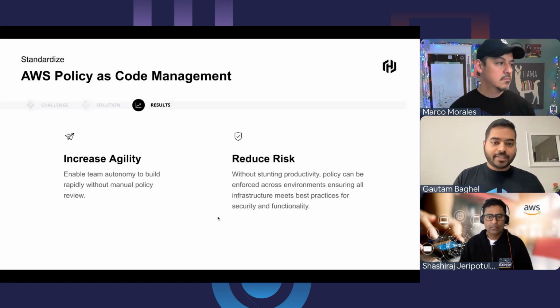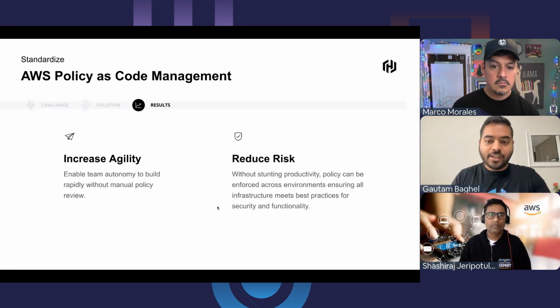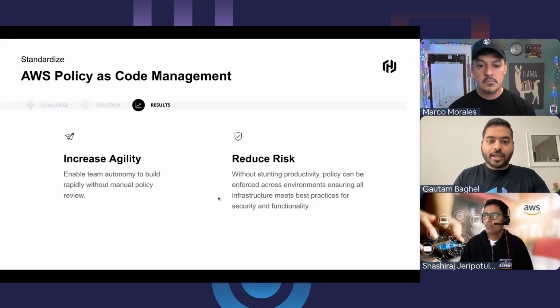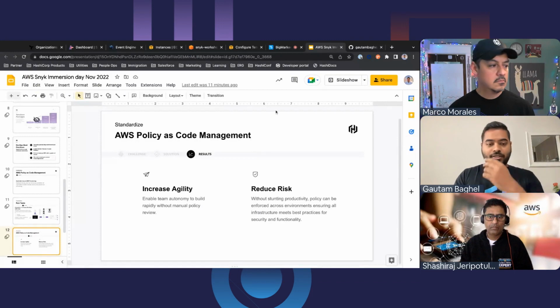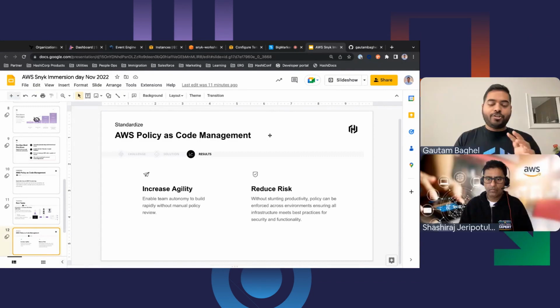The result is that your manager, or the folks you're working with, don't need to have a keen eye on you making sure you're doing the right thing. It's automated, so you get that agility. You also have reduced risk, obviously, because all of these processes make your life easier. So enough talk, enough use cases and discussion. Hopefully that gives you some idea. I'm going to show you this setup live, and to do that, I'm going to try not to switch too much between the workshop documentation and what I'm trying to do.